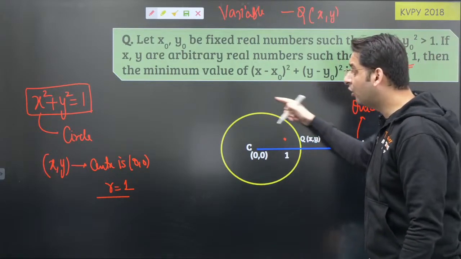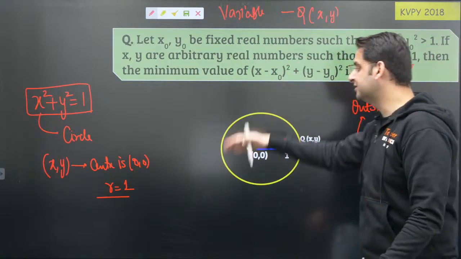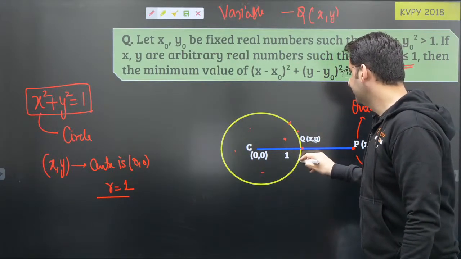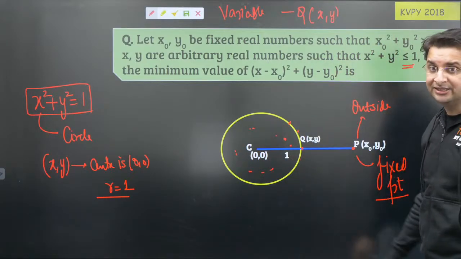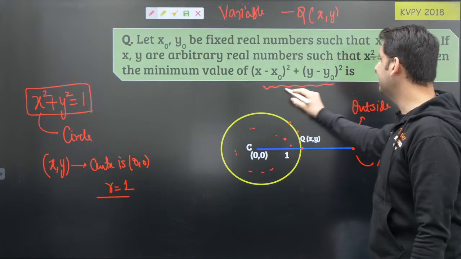Q point can lie on the circle because it is equal to 1 and also less than 1, so it can be inside the circle. So Q point can be anything: it can lie on the circle, inside, anywhere. But Q point is either inside the circle or on it. This thing represents